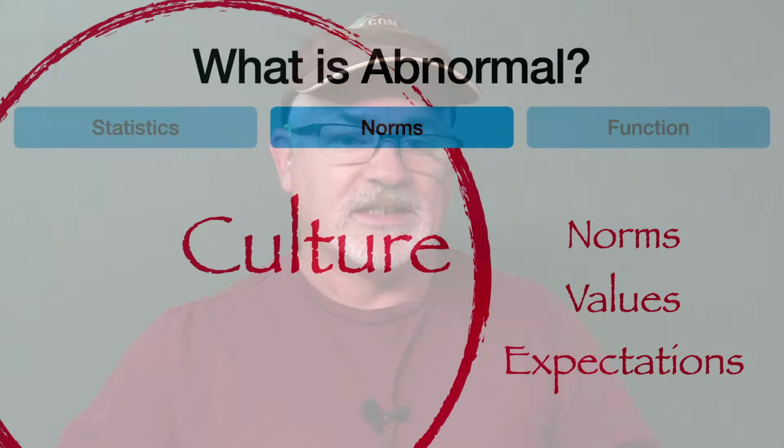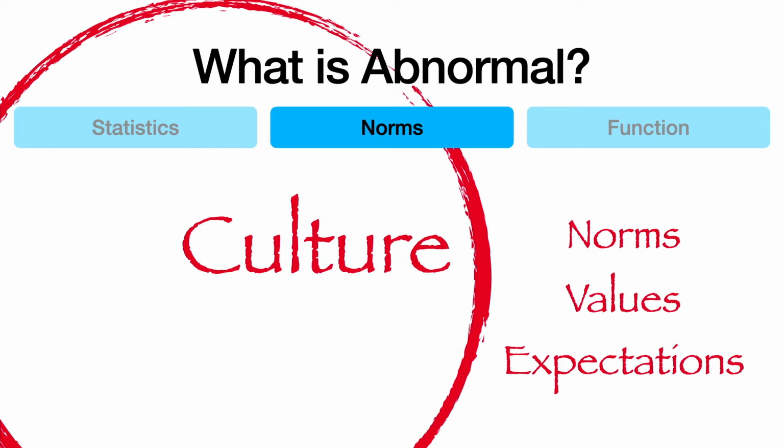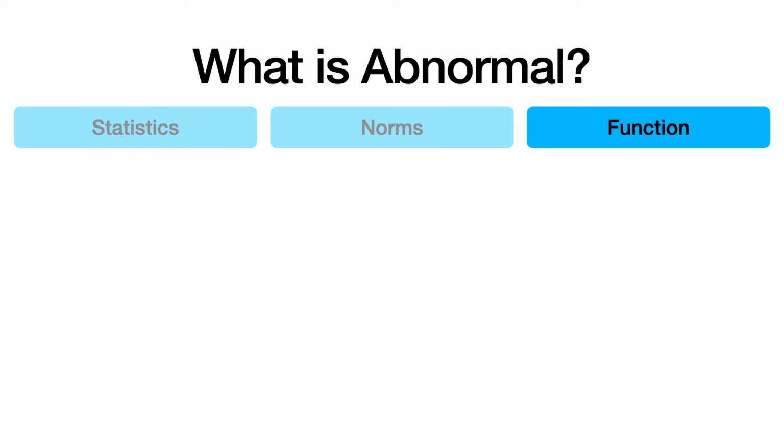What that leaves us with is the last one, and this is having to do with function. This is probably the one that really reaches out to us. I mean, certainly cultural norms and whatnot really tend to make themselves known when people act in bizarre manners. But ultimately, it really does come down to function. Can the person survive in their world? And again, I'm going to borrow from sociology and talk about two terms,